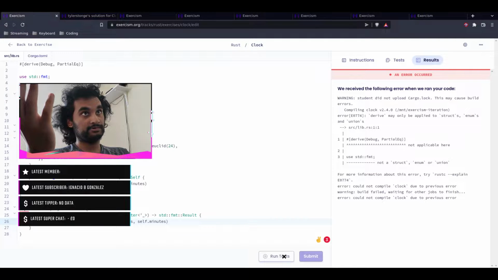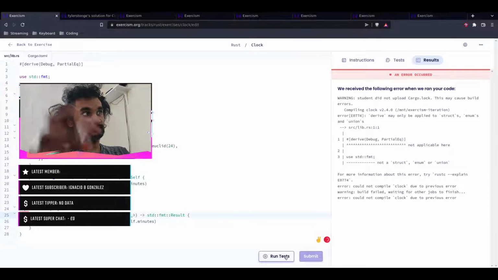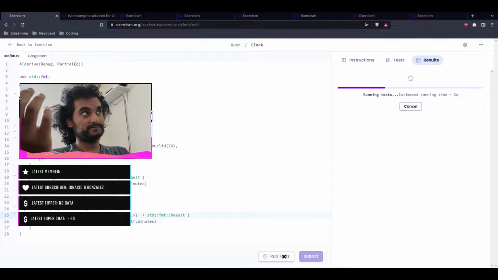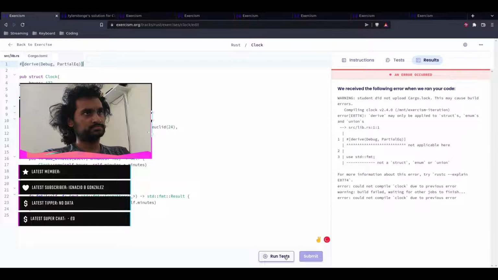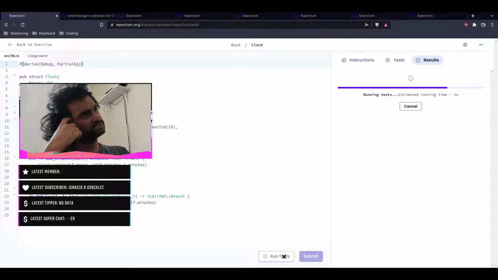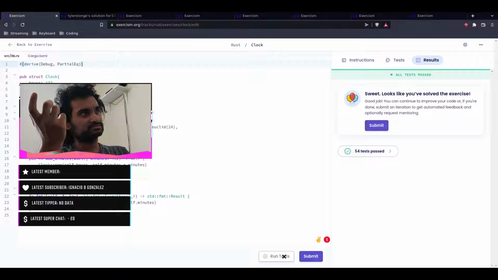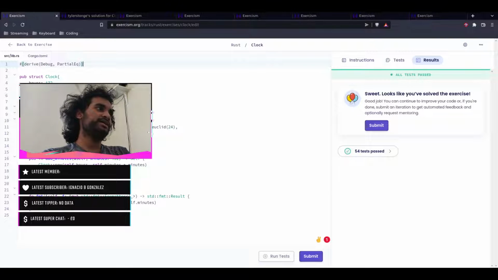No, not applicable here. Why? Huh? Run test. No. That's so weird. Why is that not working? Because it's essentially the same. Oh wait, hang on. If